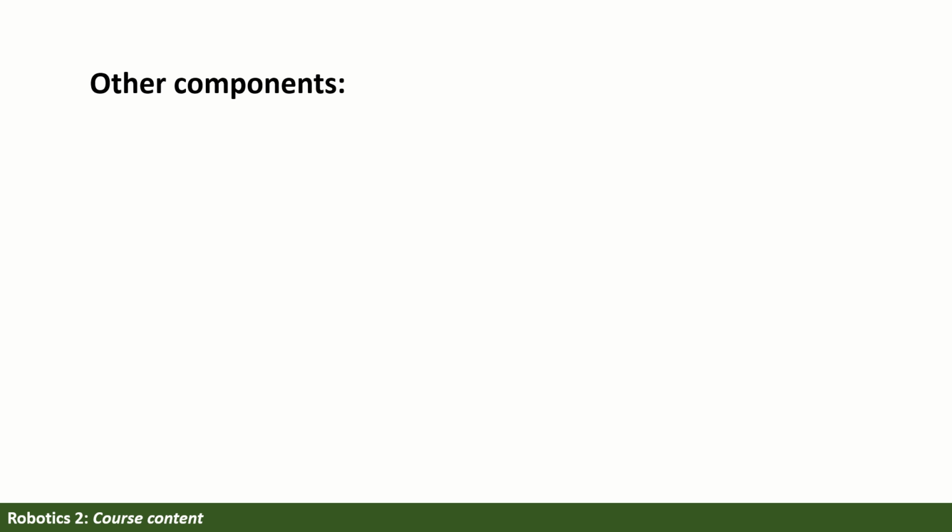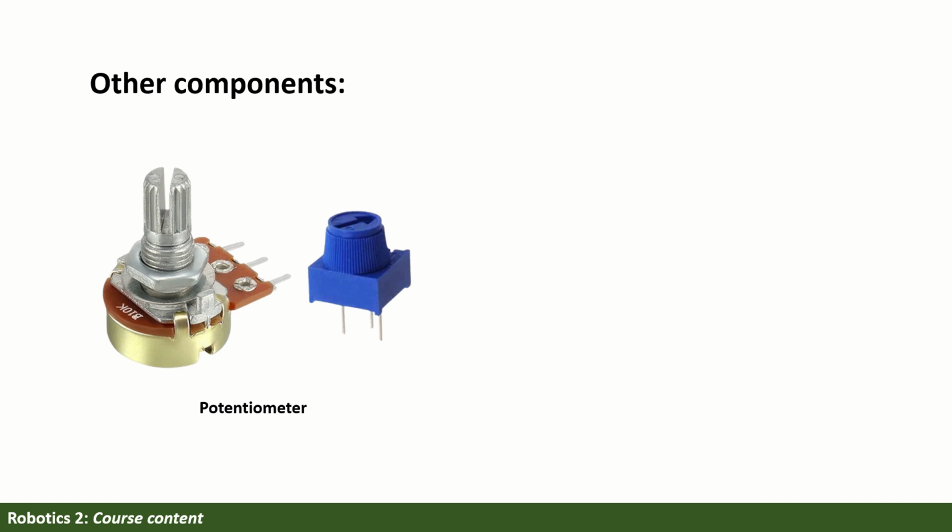But there are also other components that you will integrate with the two main components, like for example the potentiometer. Again, the potentiometer has a knob right here. You also have this kind of version. As you rotate or turn this knob, you can control, for example, the volume of the buzzer or the dimming, the fading in and out of an LED.